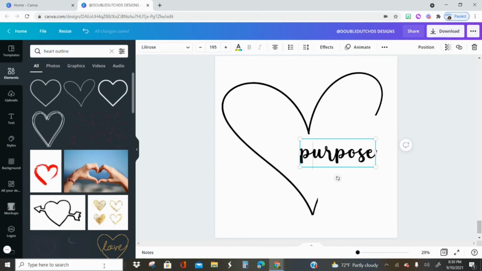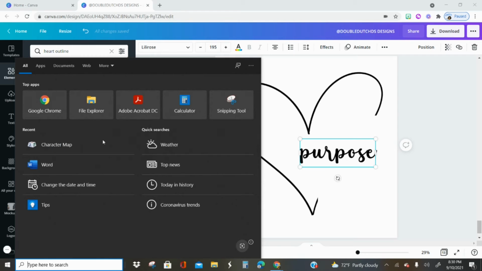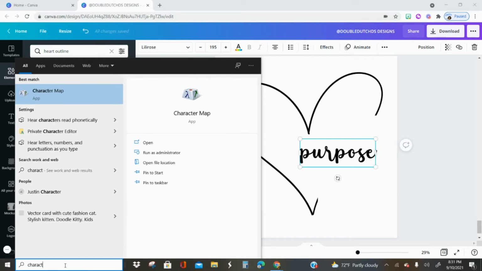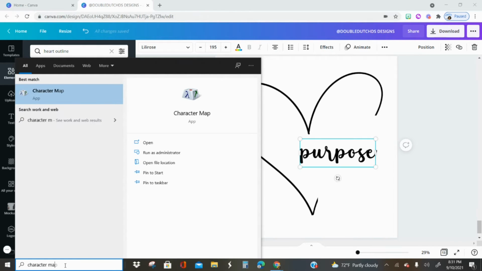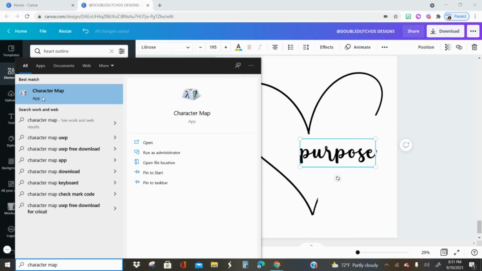Your character map is, I guess, just one of those things on your computer. Every computer has it. I'm not sure where it's located, so I always search for it. I type in character map. Maybe it's under settings. Oh, it's an app. See, it popped up as an app. So you open up character map,